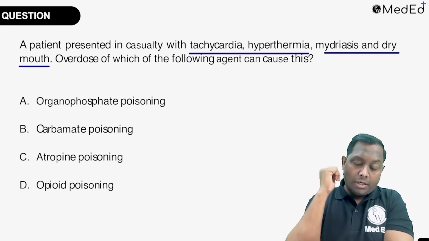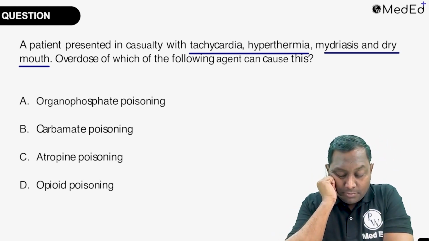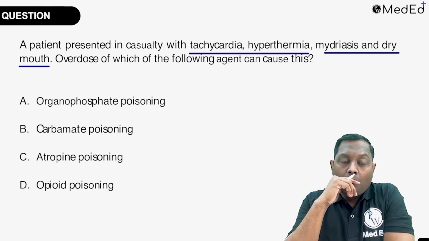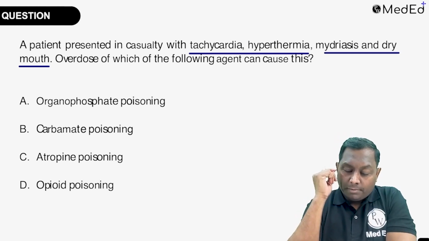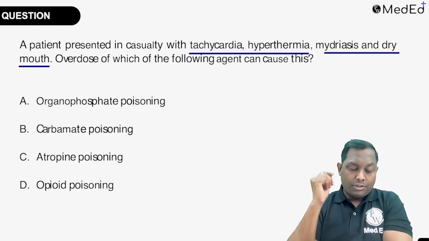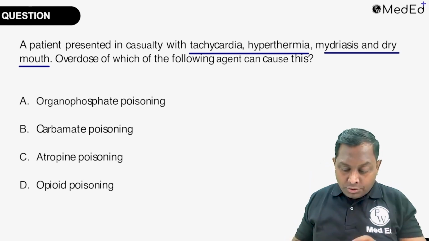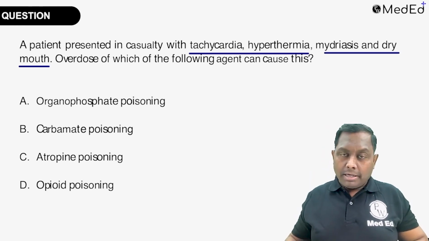Organophosphate, carbamate, atropine poisoning, opioid poisoning. Overdose of which of the following can cause this? Atropine. Okay, so C is the correct answer that you have given. Always remember that as soon as you hear this kind of question, the next differential diagnosis that comes to our mind is always going to be organophosphate, carbamate and atropine. They are very commonly asked questions, and their symptoms are actually poles apart. For example, if there is going to be atropine poisoning,